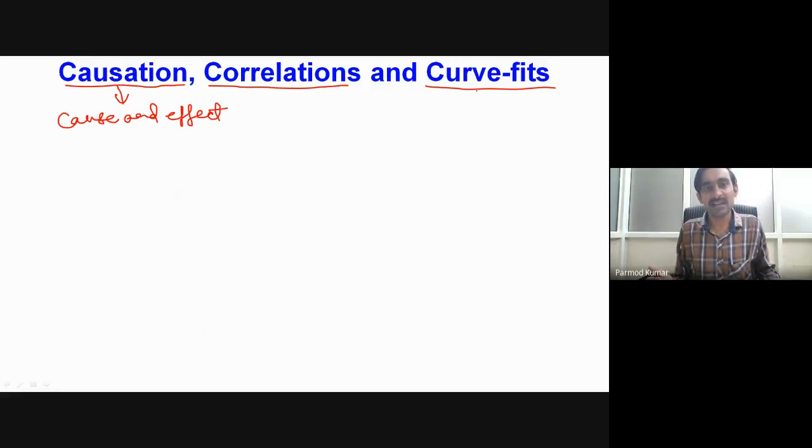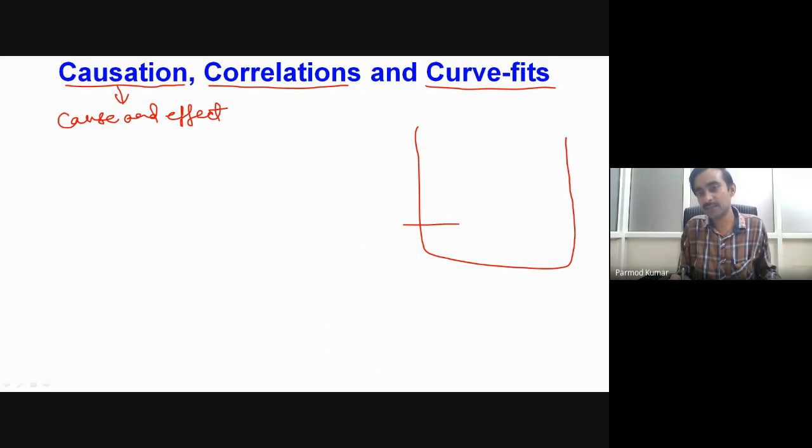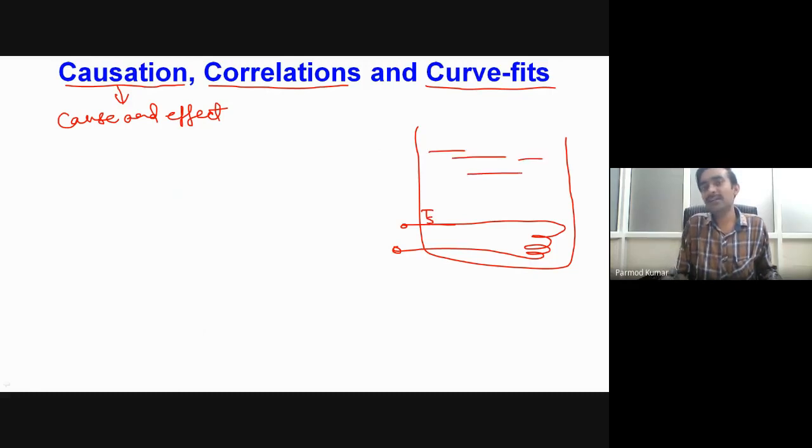Now let us try to understand these three different terms with the help of one simple example. Let us consider we are having one container, and inside this container, say we are having some heater coil. So this is some heater surface, and let us consider the temperature of this heater surface is equal to Ts, and this container is completely filled with saturated water. So this is at saturation temperature, and let us consider that our pressure is 1 atmosphere. So in that case, the saturation temperature will be 100 degrees Celsius.